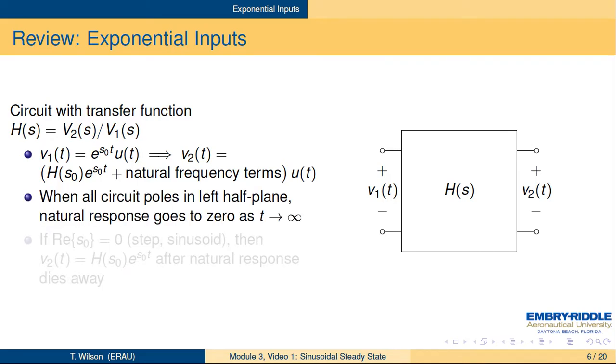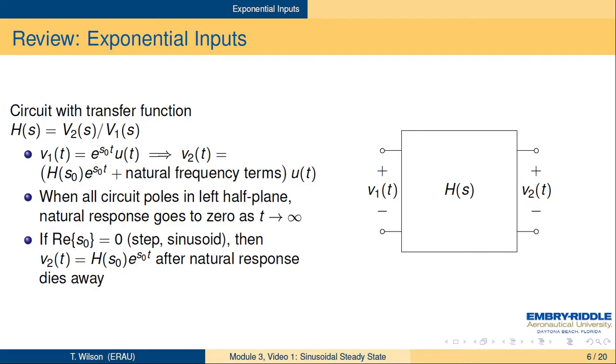So when all the circuit poles are in the left half plane, the natural response terms are all going to go to zero as t gets bigger. It doesn't have to go all the way to infinity; it just has to get big enough that they decay away. And if that's the case, and if s0 is on the j-axis, the imaginary axis in the s-plane, now we're talking about either the unit step, where the rate is 0, or sinusoids with rates j omega naught, or j omega something,